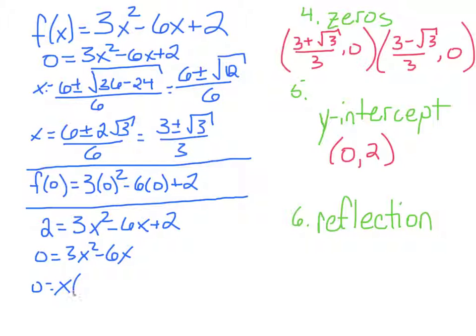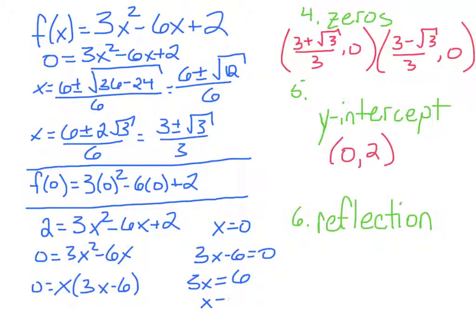factor an x out, and you're left with 3x minus 6. I'm going to set both of those equal to 0. X equals 0. Now we already knew that one, right? That's what we started with, and again we're looking for both of them. So we are going to set 3x minus 6 equal to 0 also. Solve this. 3x equals 6. Divide through by 3. X equals 2. So the reflection point of the y-intercept is 2,